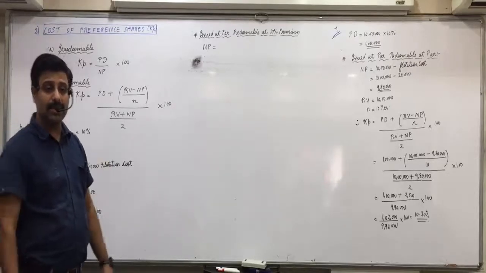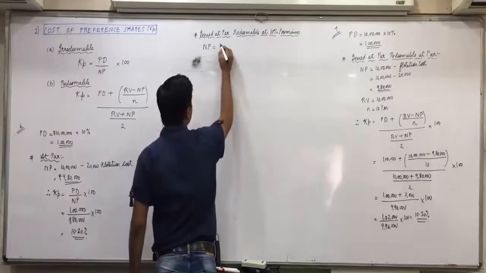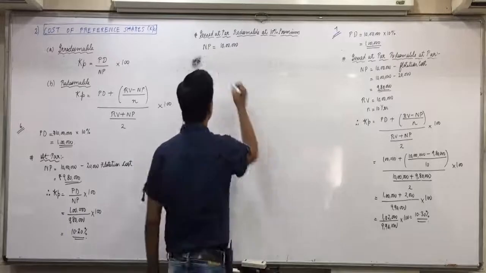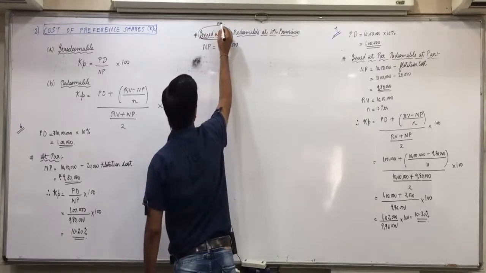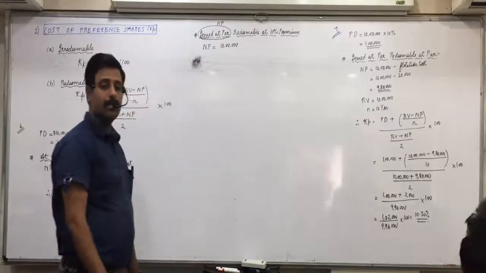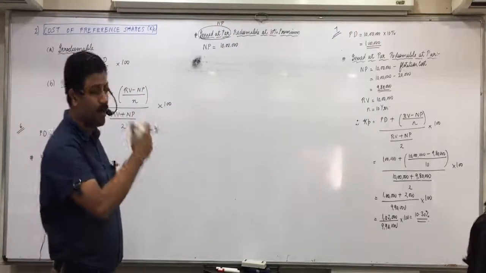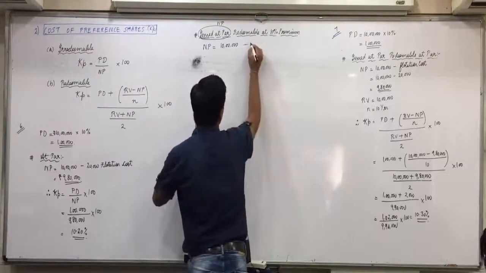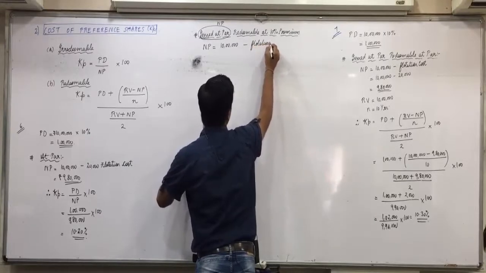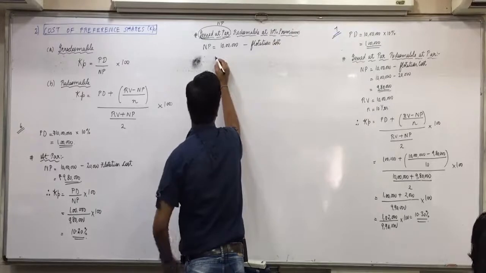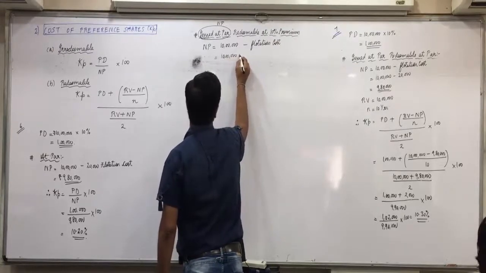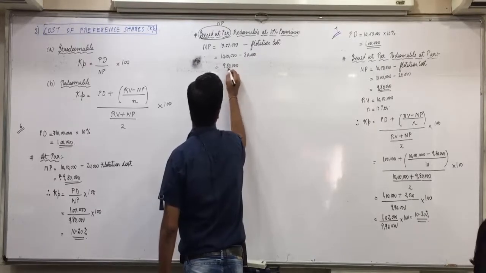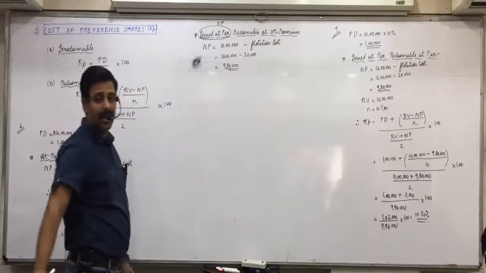What will be the net proceeds? No, issued at par will give you the net proceeds. Premium is not there in issuing, premium is there at the time of redemption. So simply 10 lakhs minus flotation cost. Flotation cost you subtract always in net proceeds. So 9,80,000. Did all of you understand this? Anyone having any doubt in this?